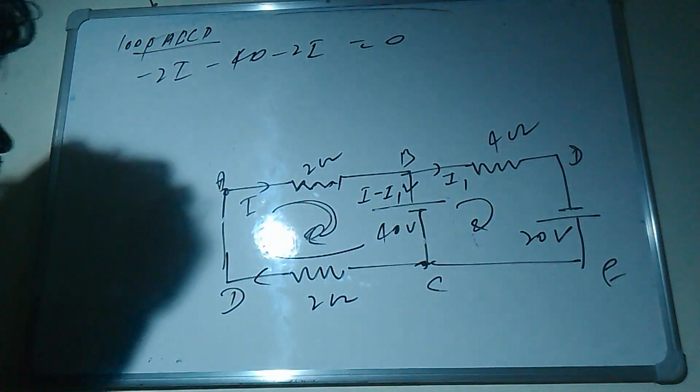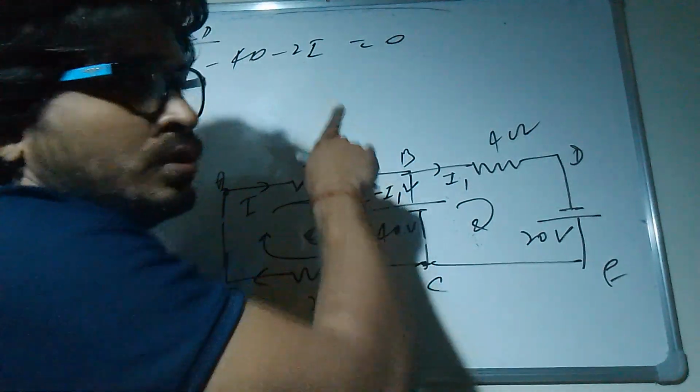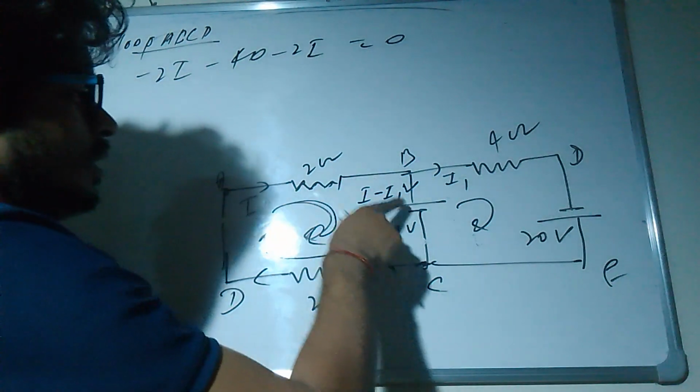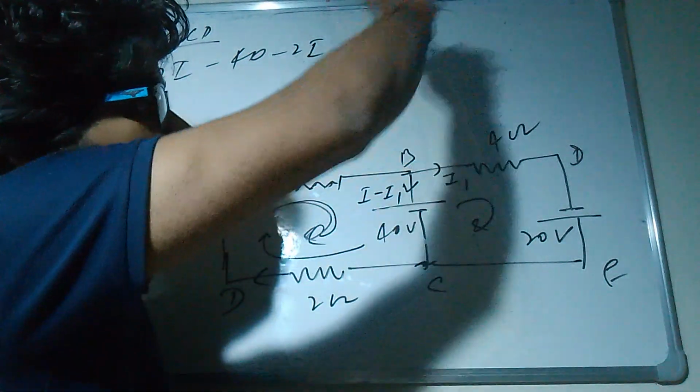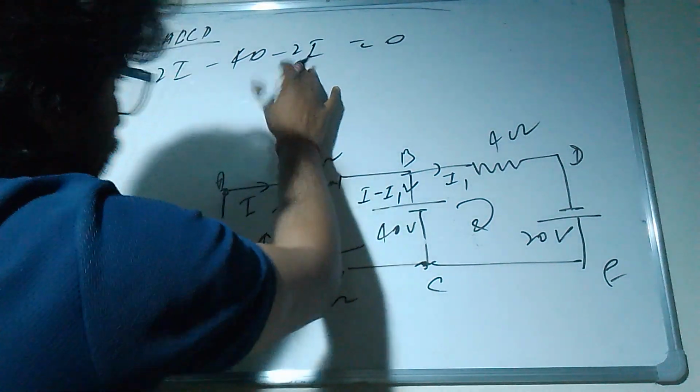So see, the beauty of this question is that because there is no resistance over here, from here you can directly solve the question. Otherwise, if there is another resistance, you have to wait for the other equation, and only then can you solve it. Because I look over here, I'm first solving it.